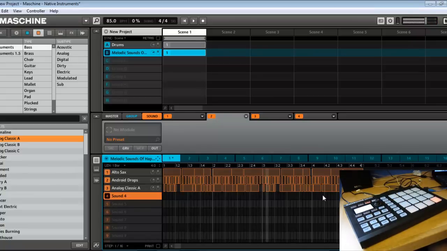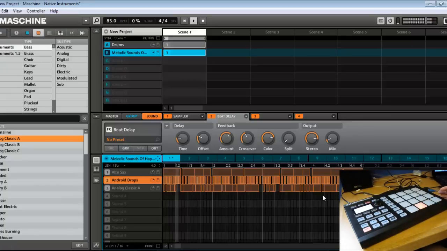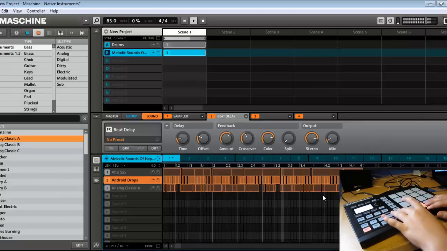But say we want to... I really don't see why they had to put a solo, or never mind. So say we want to solo a sound. So I want to solo the lead, Android drop. So now we just have the lead. But say then I want to solo the